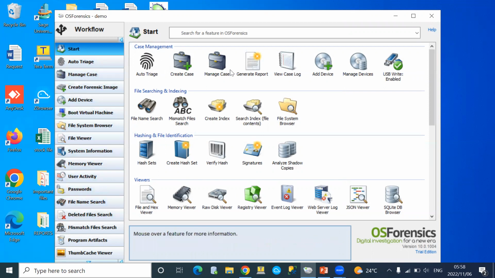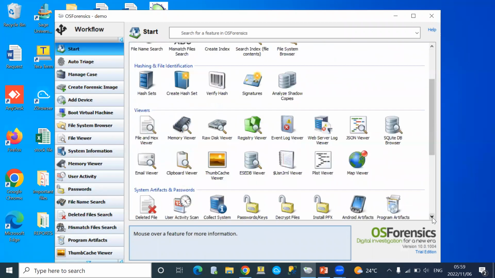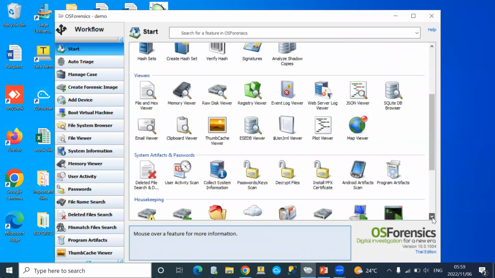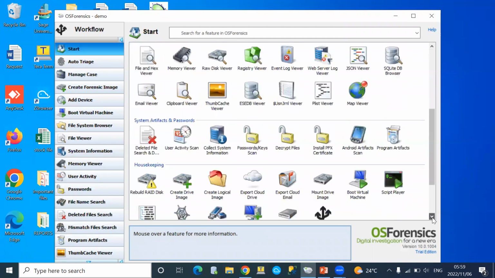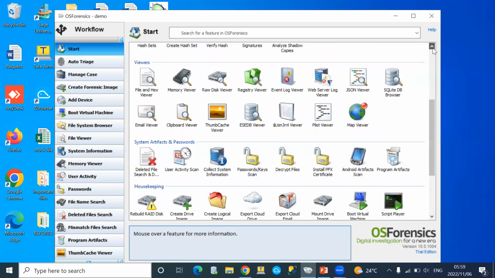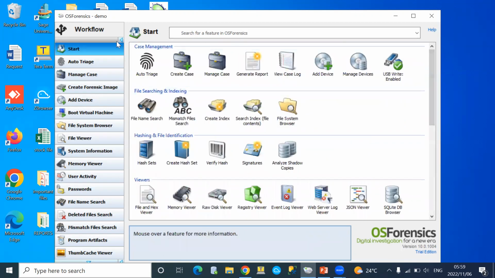Then these are the modules on the system: case management, file searching and indexing, hashing and file identification, viewers. There's also system artifacts and passwords. There's housekeeping, and lastly, help and information. So for the purposes of this demonstration, we are going to start on auto triage,